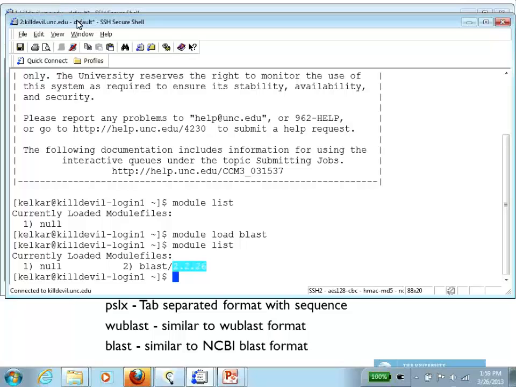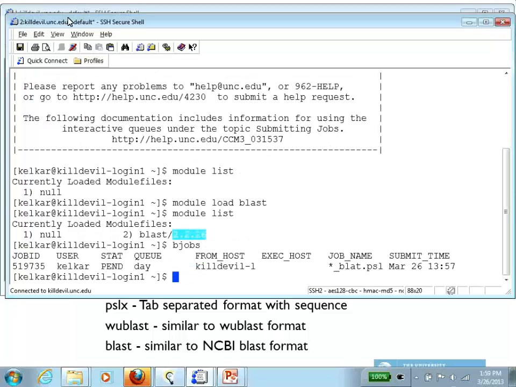Let's switch back to our, we don't actually need to switch back to the other window. The bjobs will give you a cumulative listing of any jobs that you may have submitted from any of the shells. So the jobs listing that you get from bjobs is associated with your ID, and it's not associated with the shell you're in. So from any shell you may be in, you can always say bjobs and figure out what is happening with the job you submitted. So while that job is still waiting, I think we're going